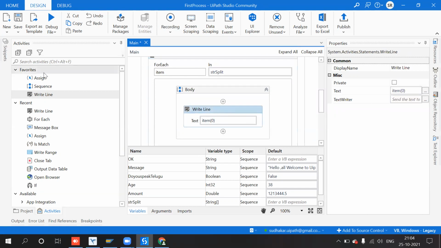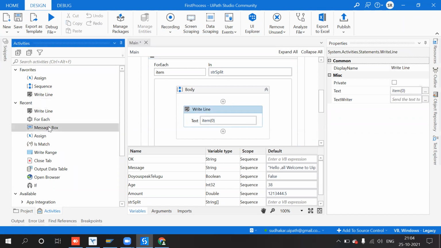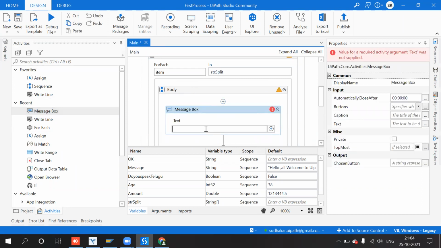Now I use a message box, and here I write item of 0. I got the syntax; by default it shows the syntax: Item of 0, index as integer, as character.